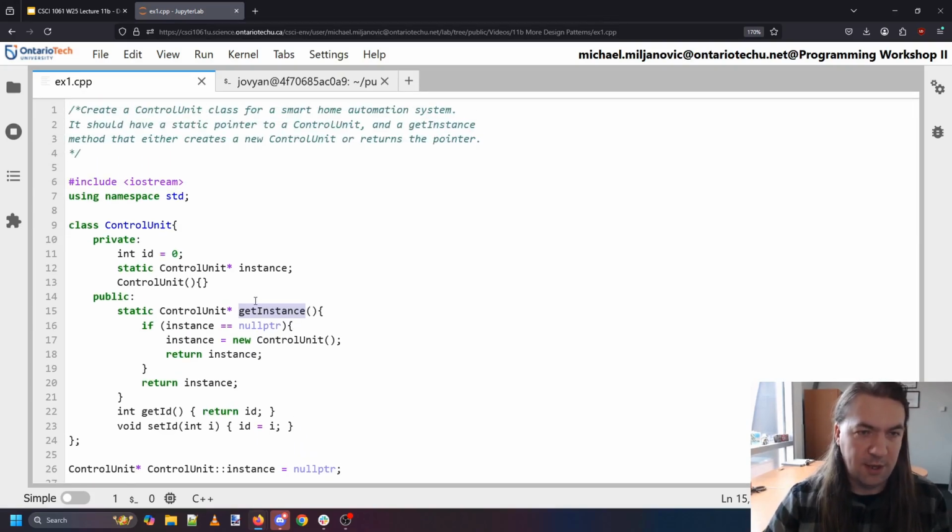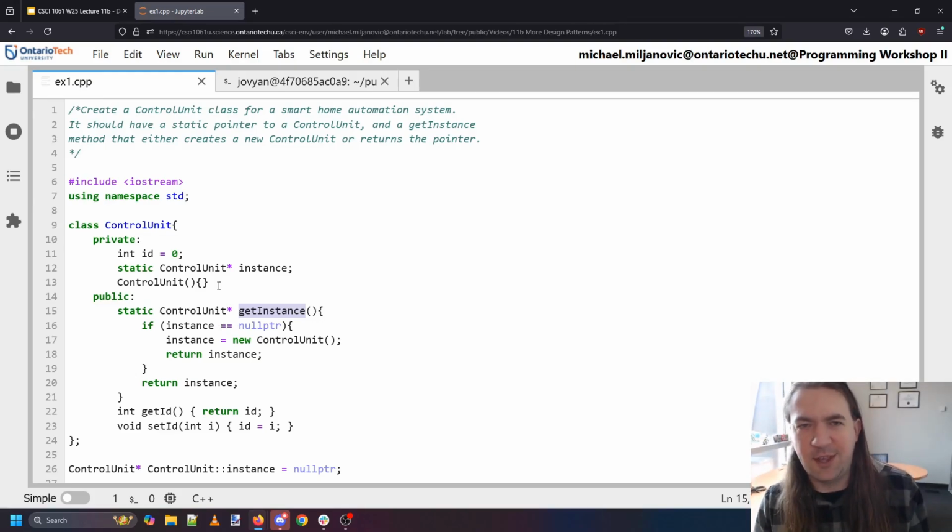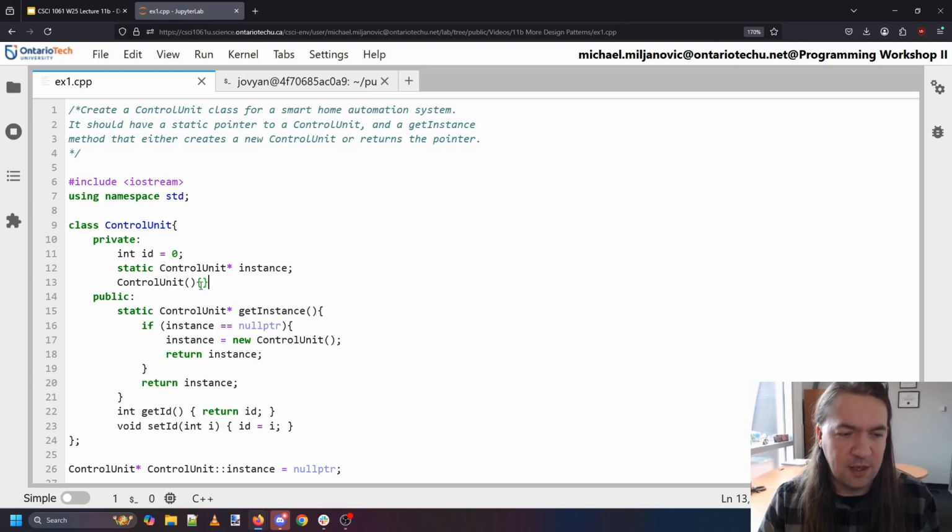Some people consider this to actually be a very bad pattern. I am one of those people. I don't think I have ever used this in a practical scenario, but it is nevertheless something that is present in a lot of code out there. So it is good to know that it exists and how it works, just so you can understand